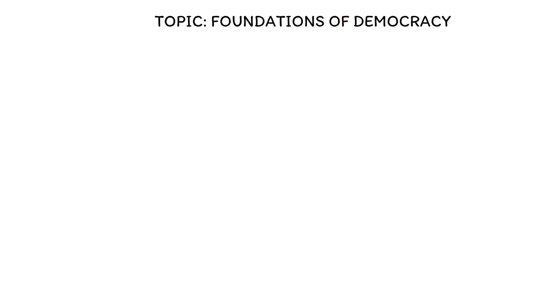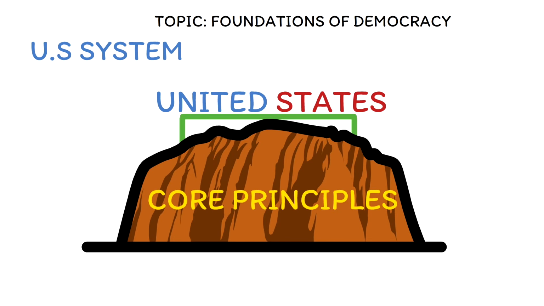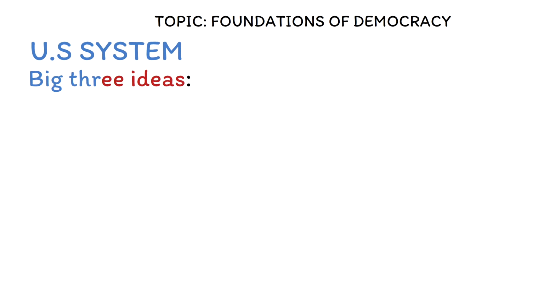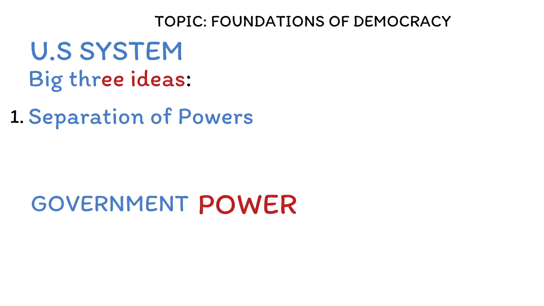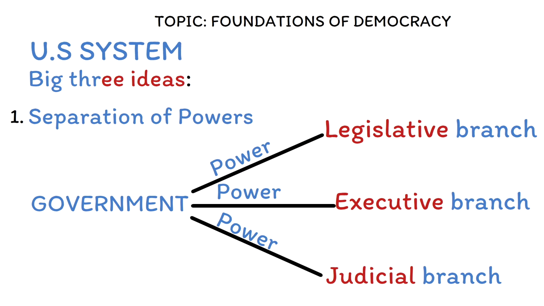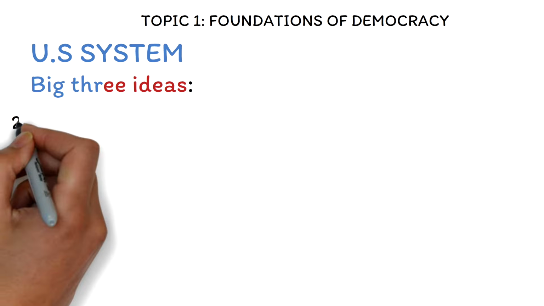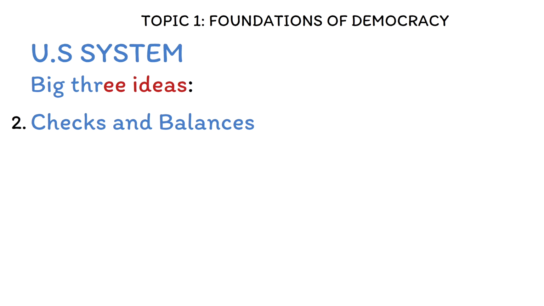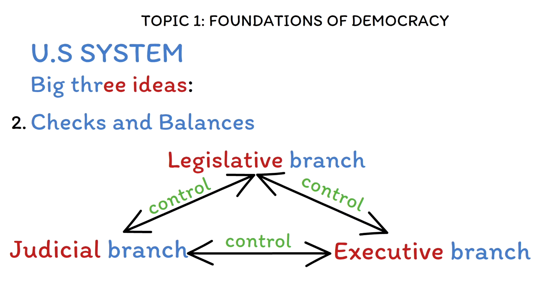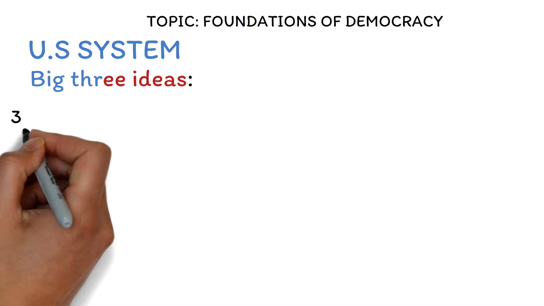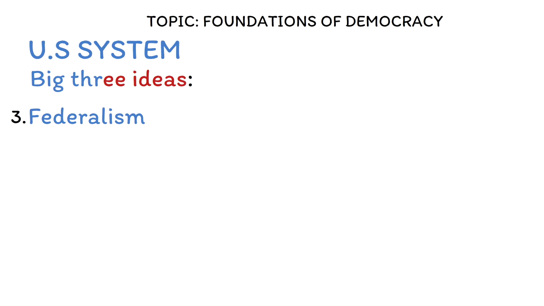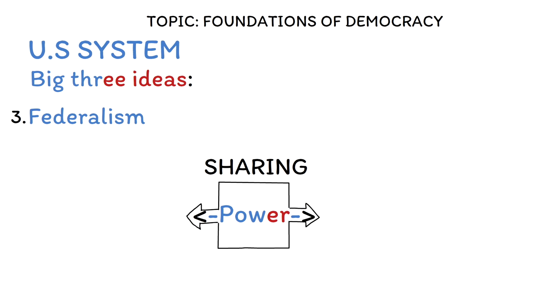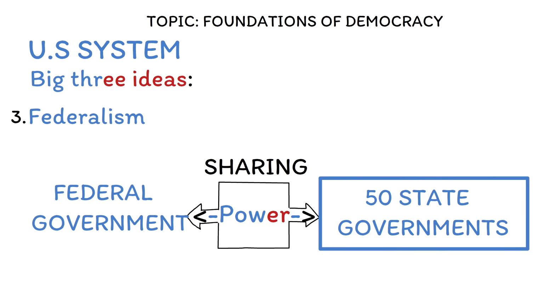So, now that we know those, let's talk about the U.S. system. It's built on a few core principles. These are the big three ideas you must know. 1. Separation of powers. This is the idea that government power is separated into three branches, so no one part gets too strong. 2. Checks and balances. This is how each branch controls or checks the others. 3. Federalism. This is the system of sharing power between the one big federal or national government and the 50